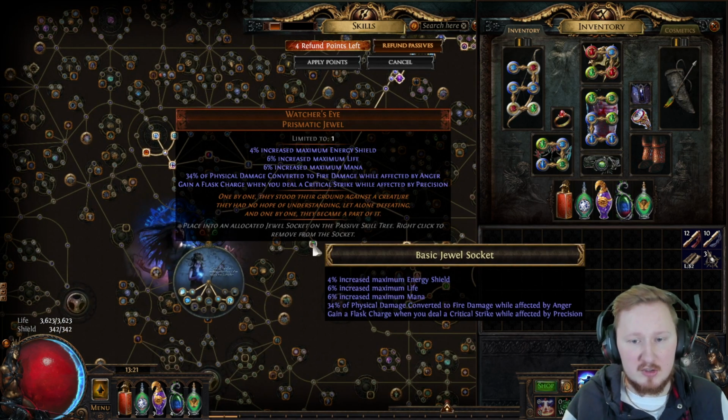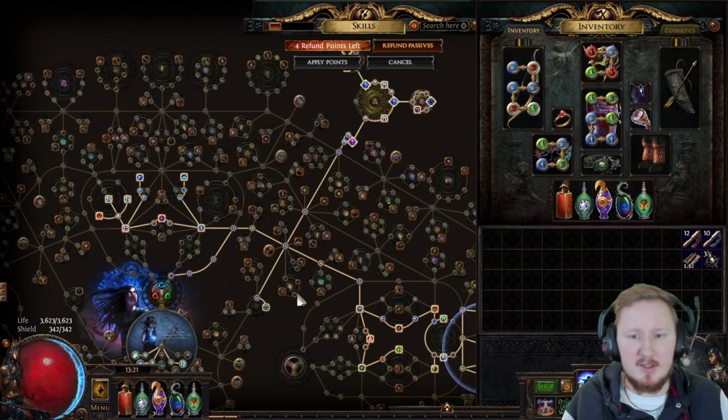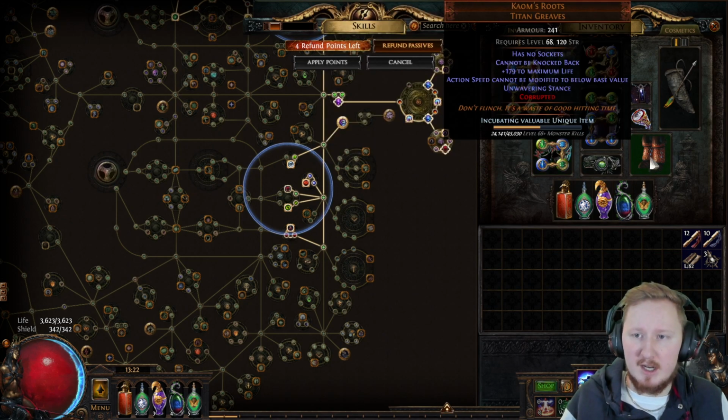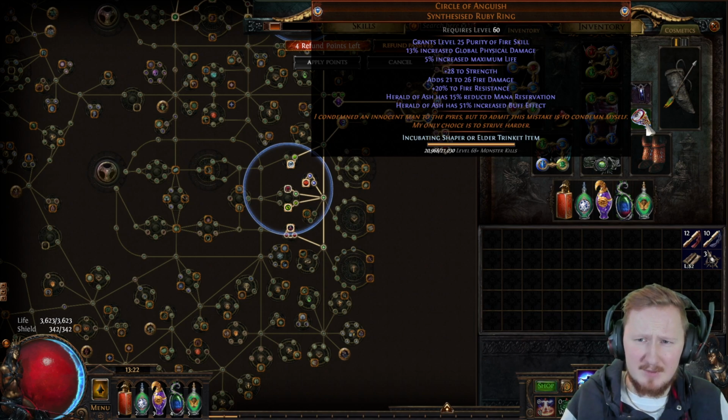We then have a Watcher's Eye jewel with physical damage converted to fire, because we want to convert as much as we can. It's basically all the things that Don uses in his video, right? Then obviously Shackles of the Wretched cost me 1 Chaos, Coma's Root cost me another 1 Chaos. I do believe I spent 60 Chaos on the Circle of Anguish,